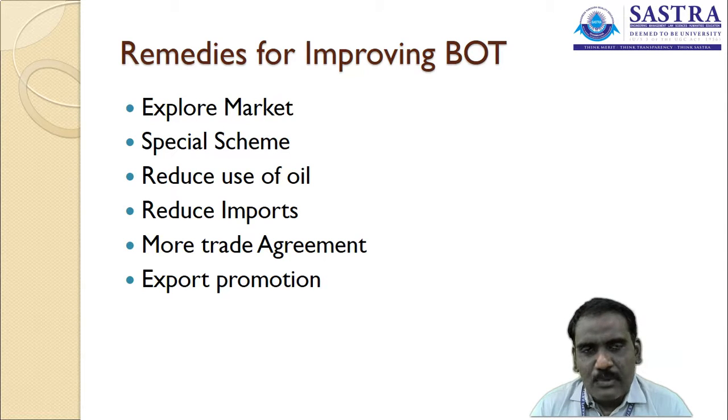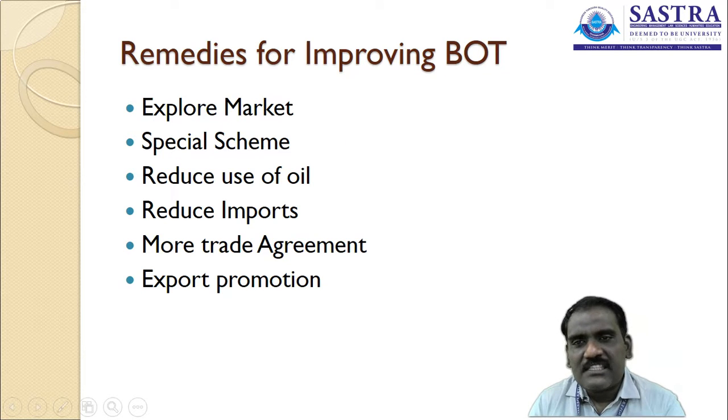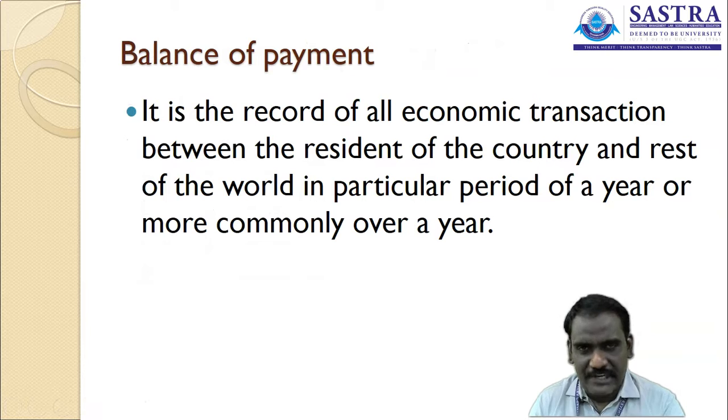And concentrate on the export promotions. There are agencies promoted for the purpose, like the Export Credit Guarantee Corporation and export promotional councils. Even private agencies are also influencing people to go for exporting. More exporting is going to generate revenue for the country, and the country is going to be balanced in terms of trade. There might also be favorable conditions prevailing in the particular country. So these are the remedies suggested for improving the balance of trade.